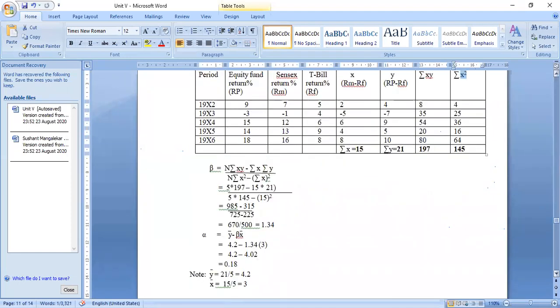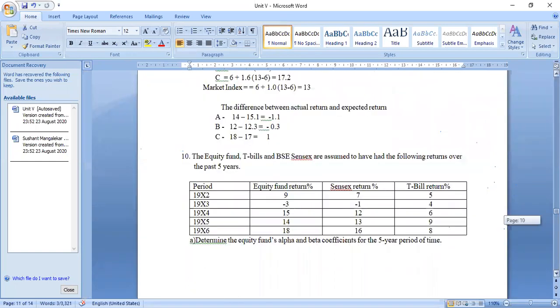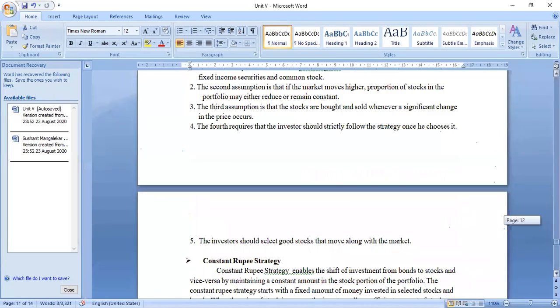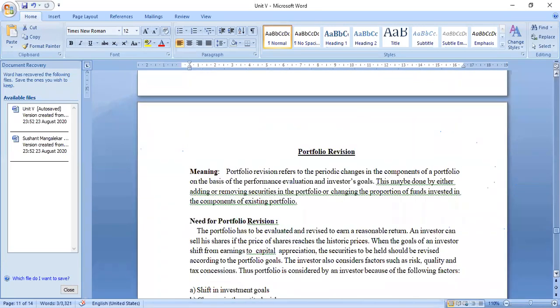Because we are not given the sequence. Fine. And then we are going to calculate the alpha value. Here y bar is again divided by 1, because we have only one value there. So with this you have to calculate the value of alpha. Just try it out, else I will add that in the document and forward it.